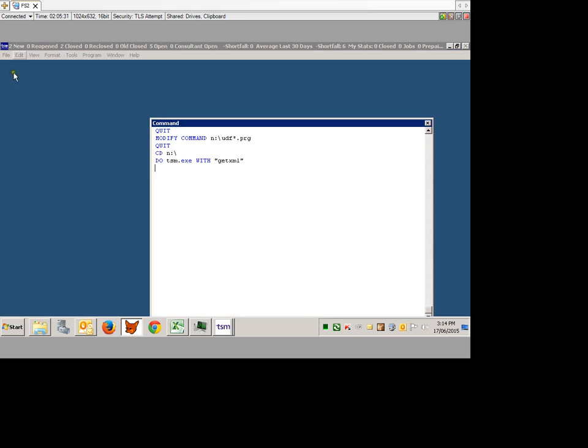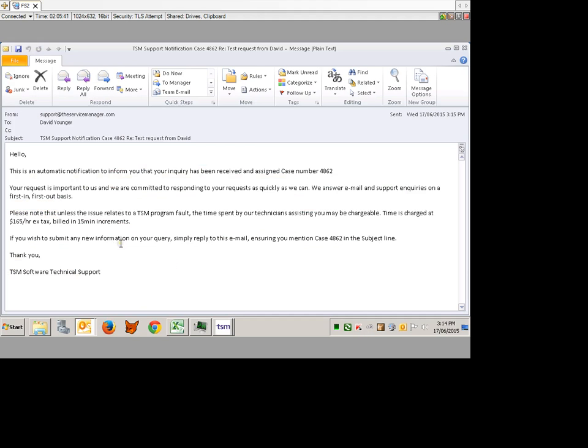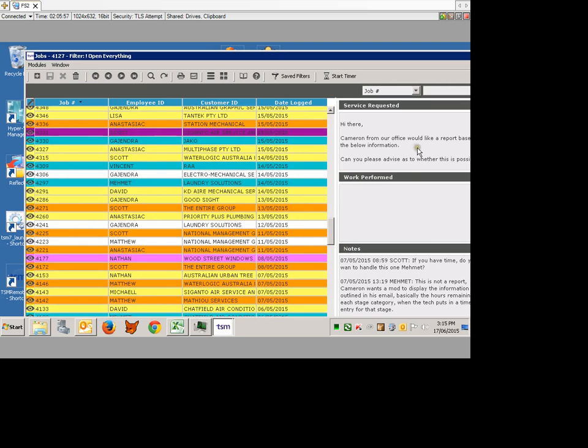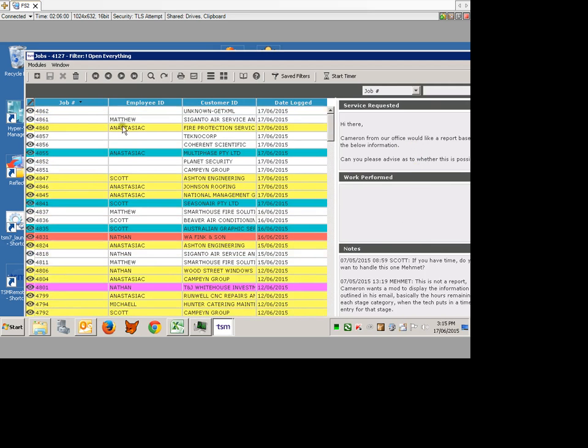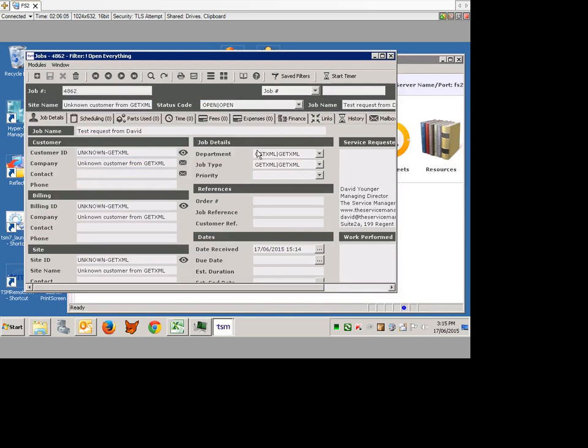And if we go over to our TSM 7, which is in here, notice it sent me back a confirmation email. Hello, it's an automatic notification informing me that your inquiry has been received and assigned case 4862. Request is important, and so on and so forth. So it's given me a case number, 4862. And if I refresh the job list here, you'll see that it now has case 4862 in there, and I can go and look at case 4862